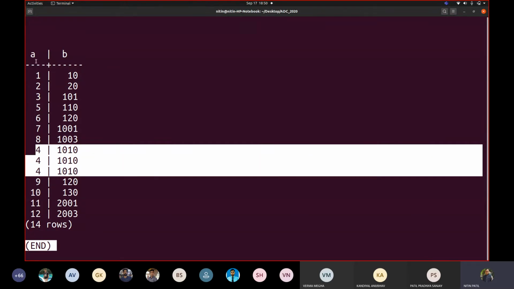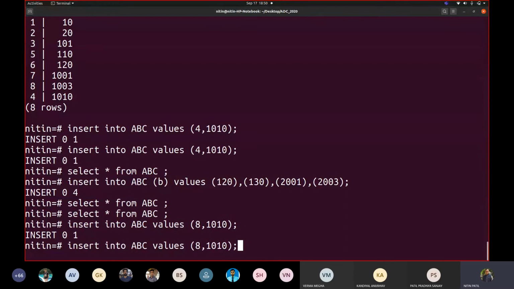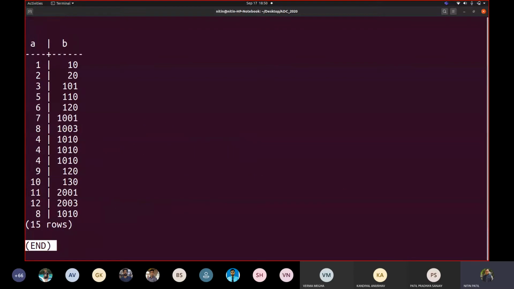Now as this is not a primary key created by us, it is permitting us to insert multiple records. If I try to insert even 8, for example, it will take it. It should not be a problem. But then how exactly can this be used in our record set?